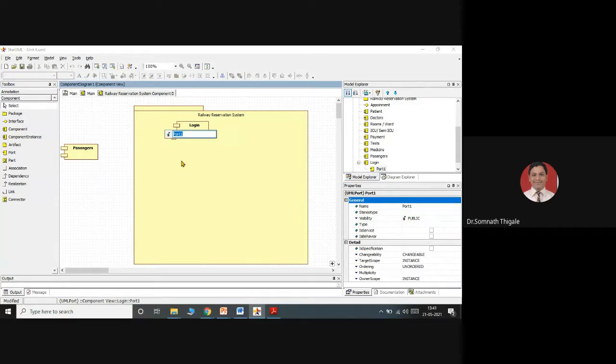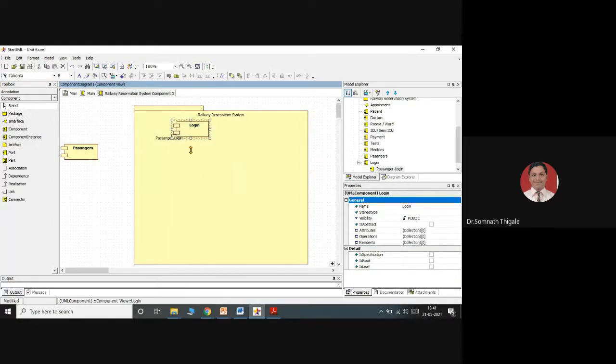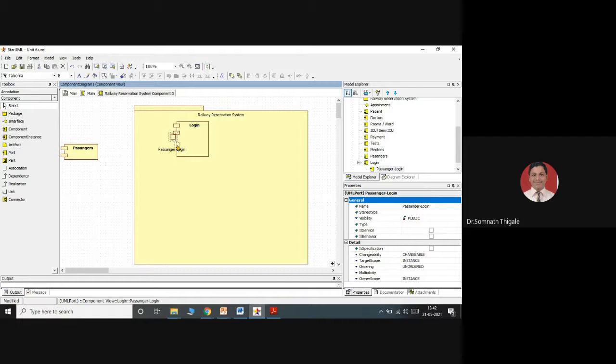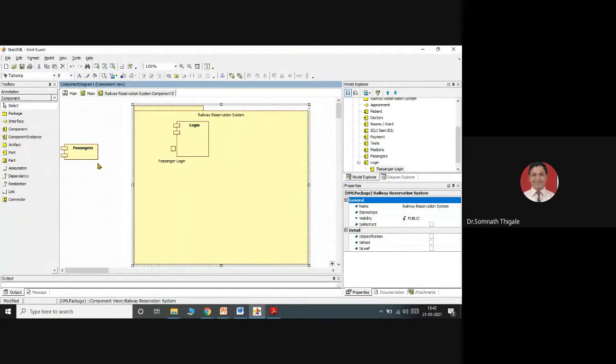Okay. So port 1, passenger login port, that is a web port we can say. It is added inside this package. I'm showing this port here. Passengers perform with the help of this port only.